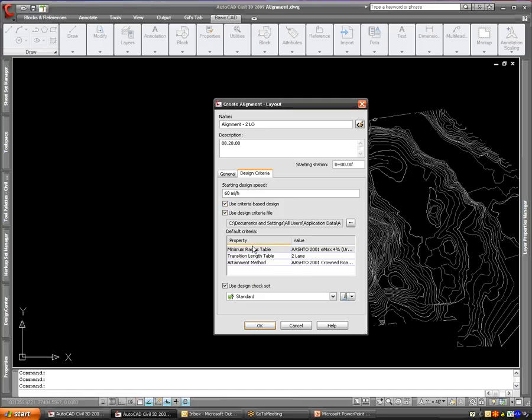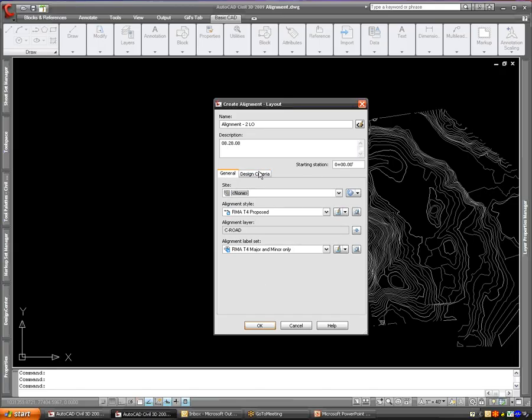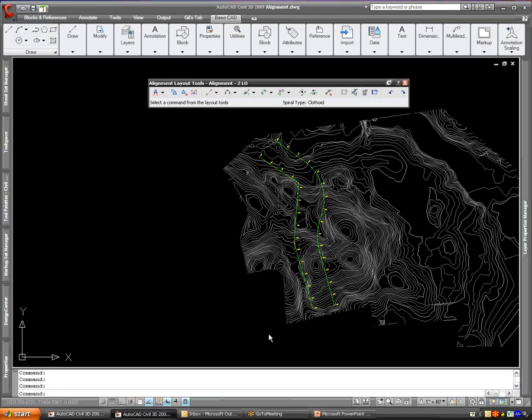You can actually change the design and critical data file. I haven't played too much with it, but I know that this is going to be very beneficial in the near future for anybody who does subdivision layouts. This would be perfect for them. We're just going to go with generic, the basic stuff. Once you hit OK,